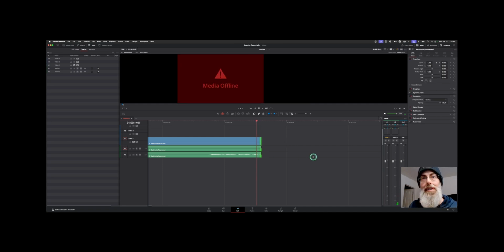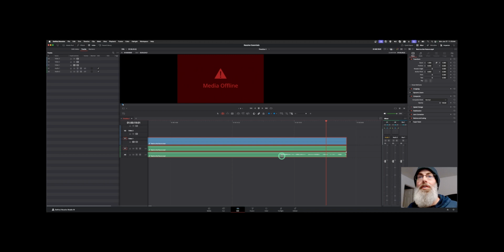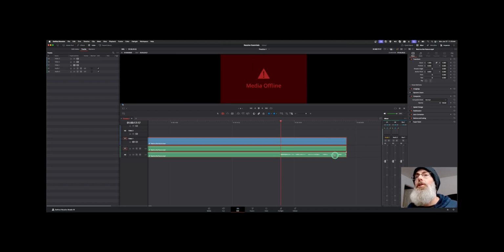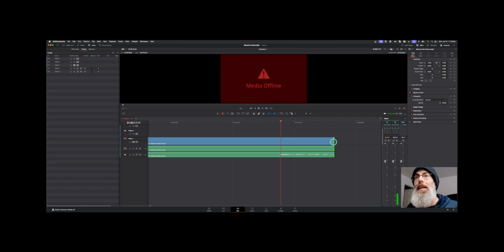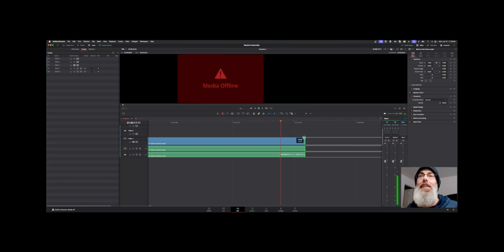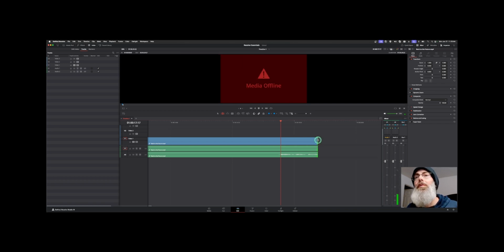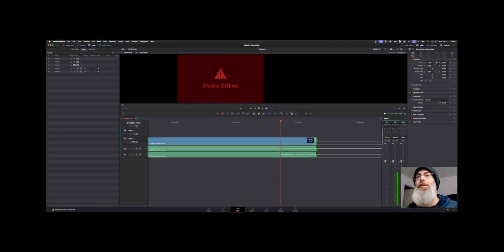If I hit comma, it's trimming it one frame at a time backwards. If you hit period, it's trimming one frame at a time forwards. So this is great for fine-tuning your edit, like if we wanted to trim this clip to start here. Now you can watch your cursor change, whether it's going to be a roller like this, so it's a bracket with a little icon there and an arrow, versus here we have two brackets with opposing arrows, and that's going